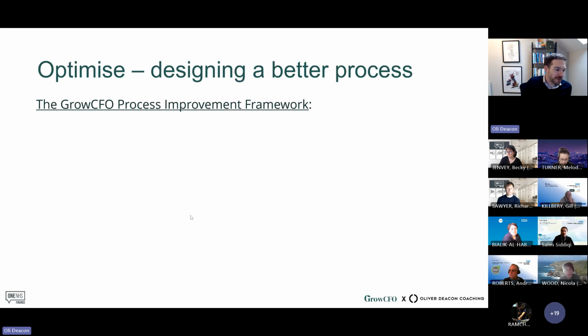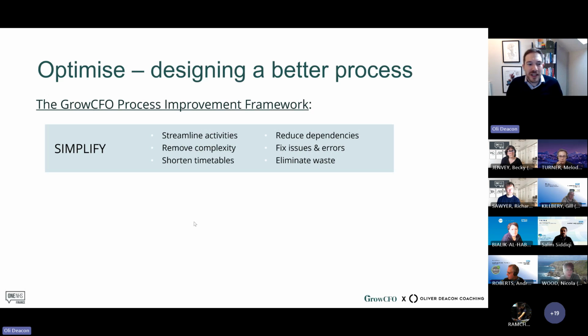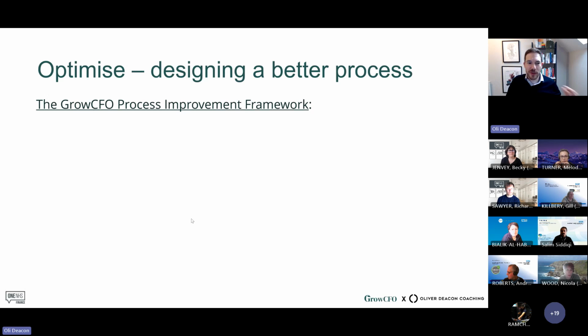Next up then is optimize. How do we improve our process to make it better? And we want to give you here today, folks, our process improvement framework, the 3 components of improving processes. Now, people often think that what we're trying to do with the process is automate it. And automating, we are going to take a look at in a moment, but automating is not the next step.